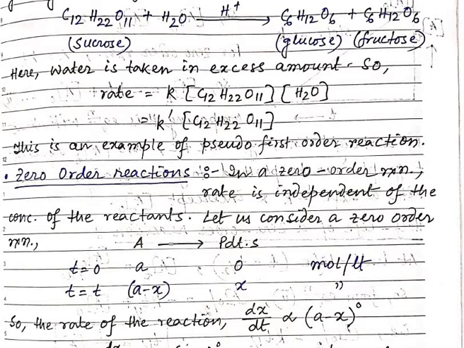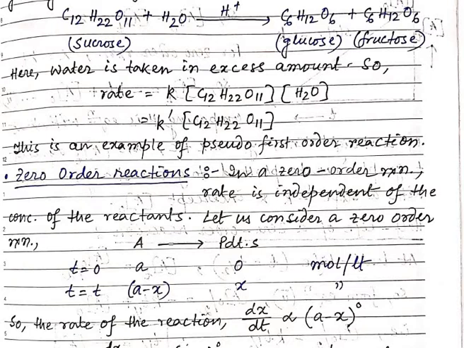In the case of glucose, the CHO group, the aldehyde group, is present, but in the case of fructose, the ketonic CO group is present. I think we have discussed these things in our carbohydrate portion, in organic chemistry. So when we talk about the acidic hydrolysis of sucrose, we add water in excess amount, and we just think that